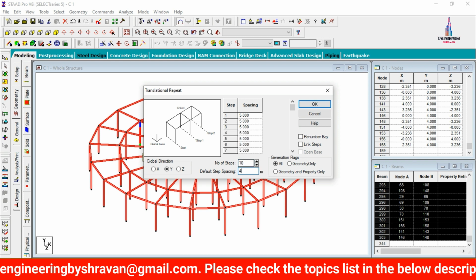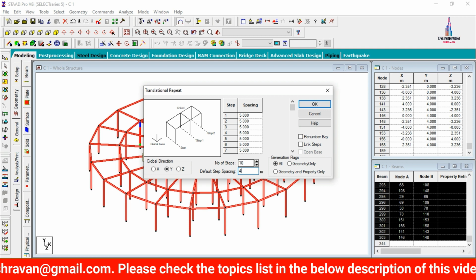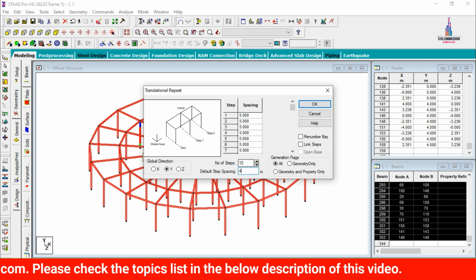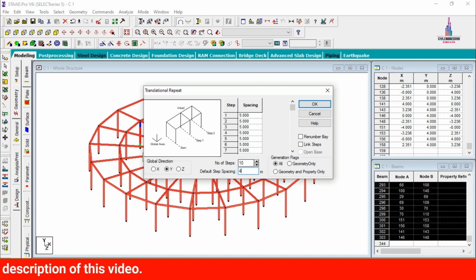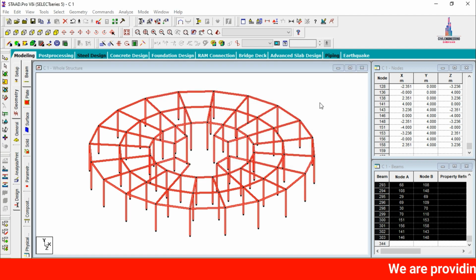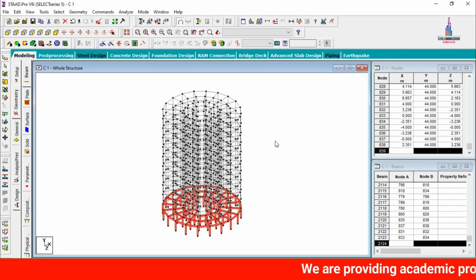here as 4 meter. For a commercial structure, basically we will consider the center to center distance in the height direction as 4 meter. We need to consider higher values than a residential building. Basically for the residential building we will consider the distance as 3 meter. So here I am increasing the distance by 1 meter. So click on OK option. So it will copy your respective properties here like this.